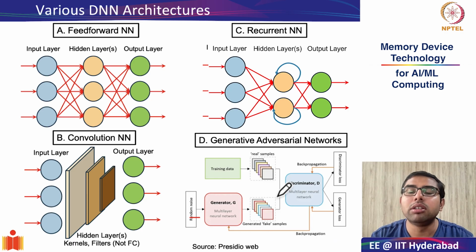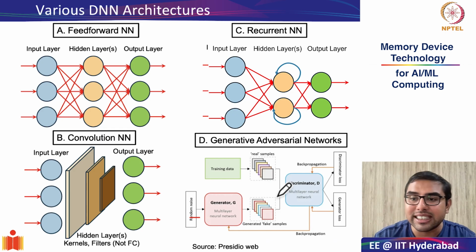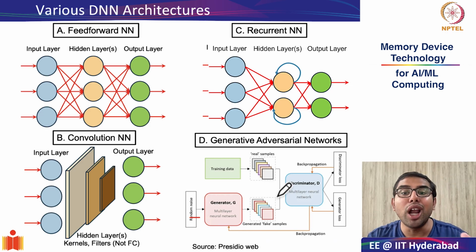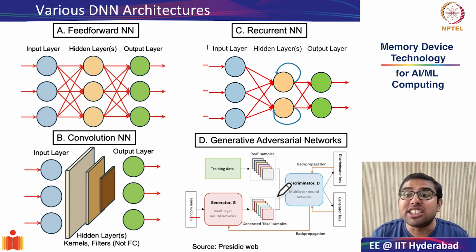On the other side, the discriminator sees both real samples, which come from the training data, and fake samples, which come from the generator. The job of the discriminator is to tell whether a given sample is real or fake. Now, here is the interesting part. The generator is trained to fool the discriminator, while the discriminator is trained to catch the generator's fakes. And this competition between the generator and the discriminator is what helps to improve the network.